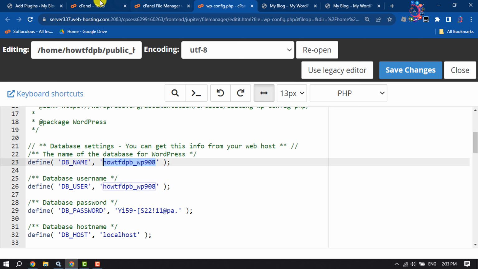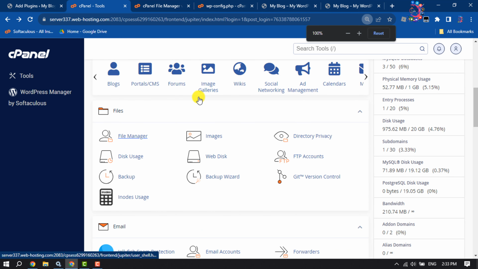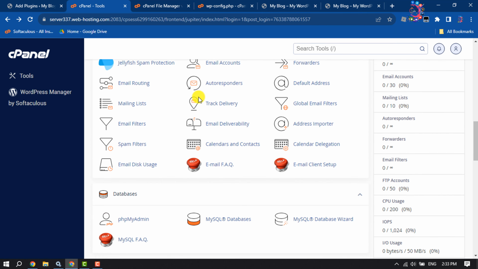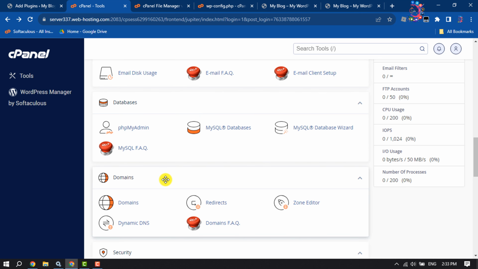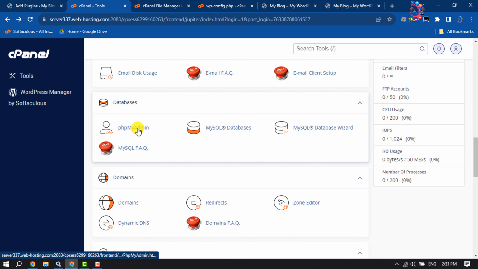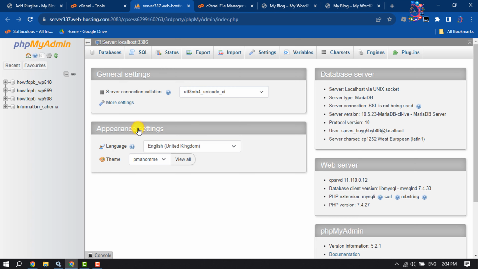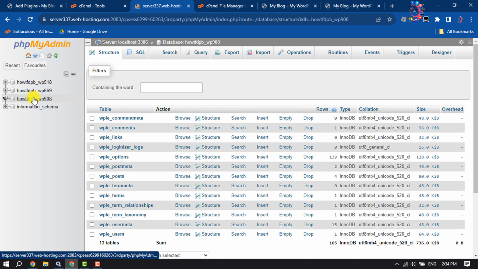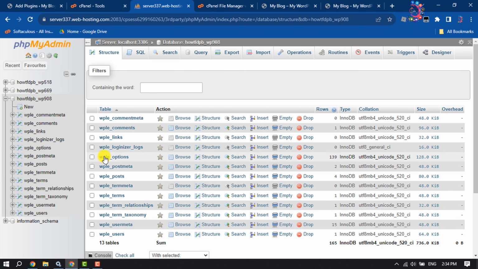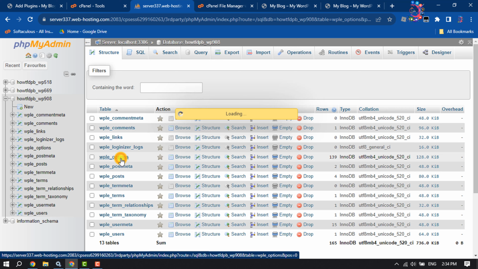Copy your database name and go to your cPanel again, and now scroll down and you have to open phpMyAdmin, and here this is my database. I'm going to click on it, and now click on options,